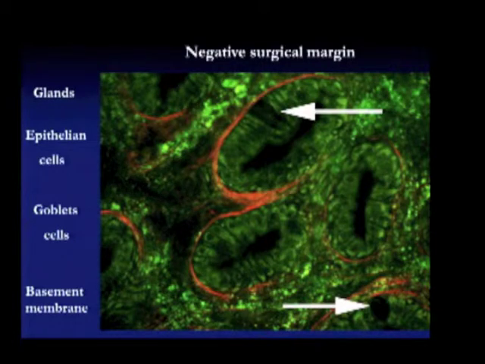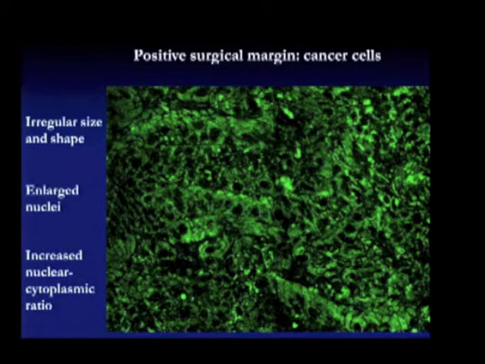And the most important thing is the second harmonic signal can show the basement membrane. This is a red color circle. And in positive surgical margin, cancer cells can be identified by irregular size and shape,